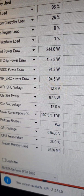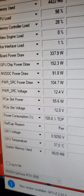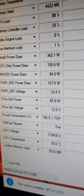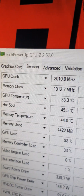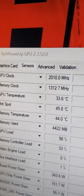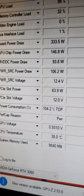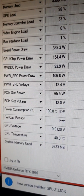So basically it's on the original BIOS, not been modified with a BIOS or anything like that. It's just overclocked. So even though it's running 185 on the core, that's the average, because it now clocks down when it hits the power limit. Or you can modify them apparently, but I've never been able to find a custom BIOS,